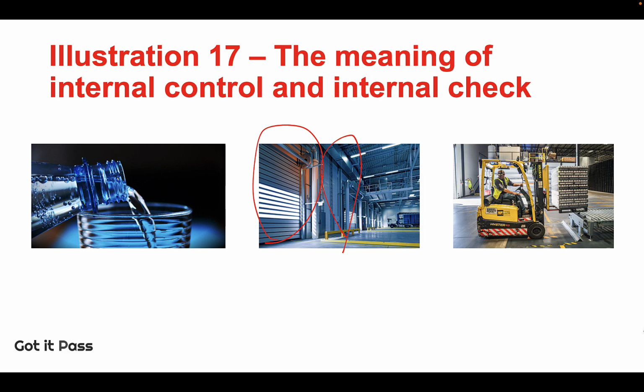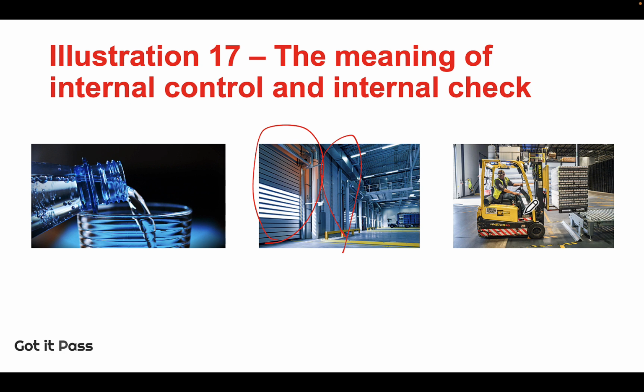So we have the typical controls here, the physical control and regular inventory counts. That is like the gates, the locked doors, as well as the regular inventory counts. But what is internal check here? Internal check on inventory quantities could be implemented at each inventory count by ensuring that no individual counts the items that they are responsible for maintaining. In this way, it would not be possible for an employee to steal items of inventory.